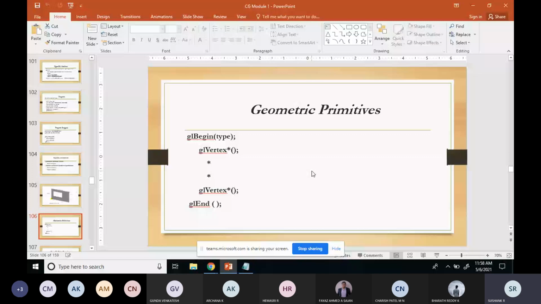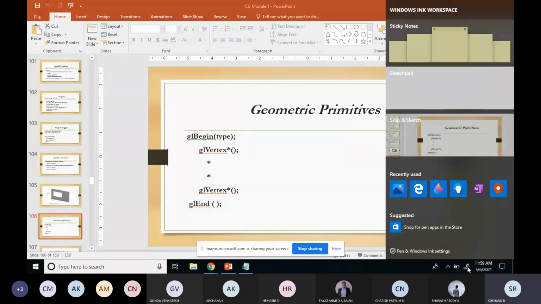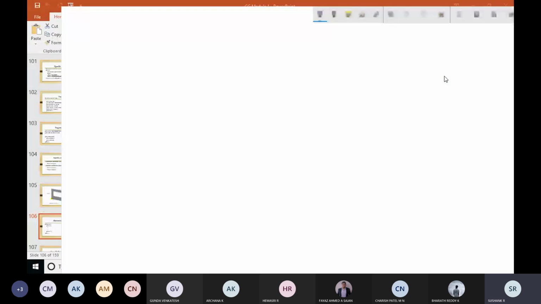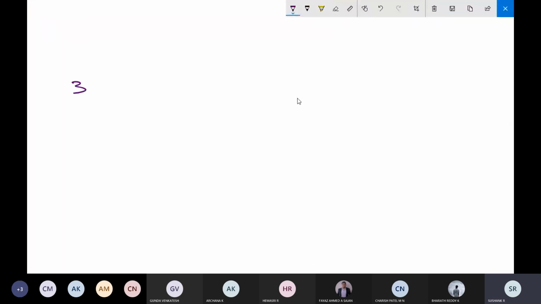So how do you generate a point in OpenGL? You're using the function called glVertex function. This glVertex function will consist of three parameters, or three suffixes.